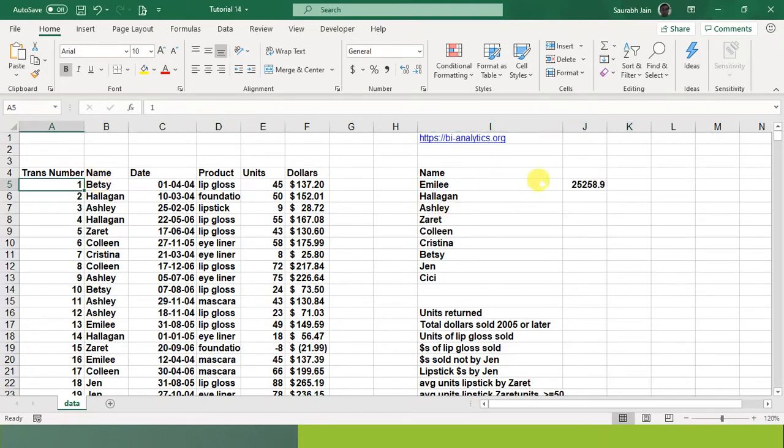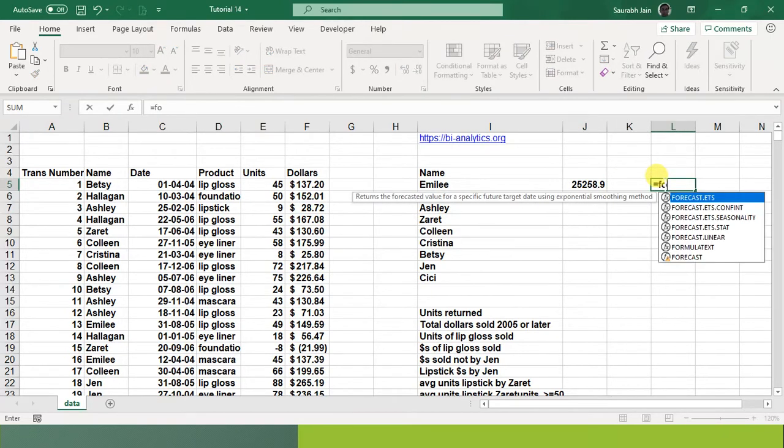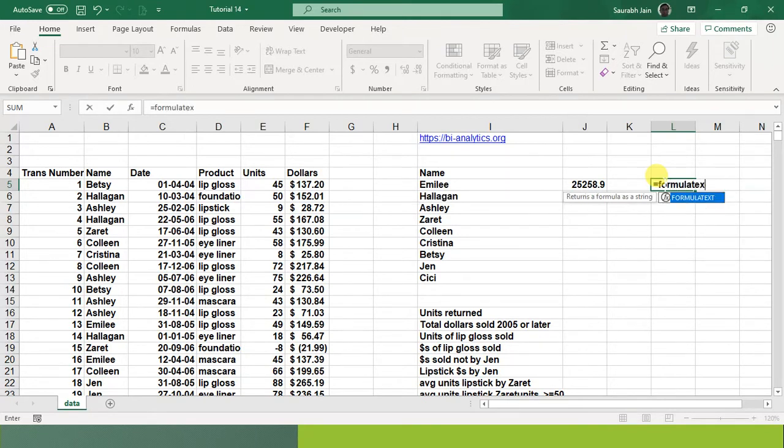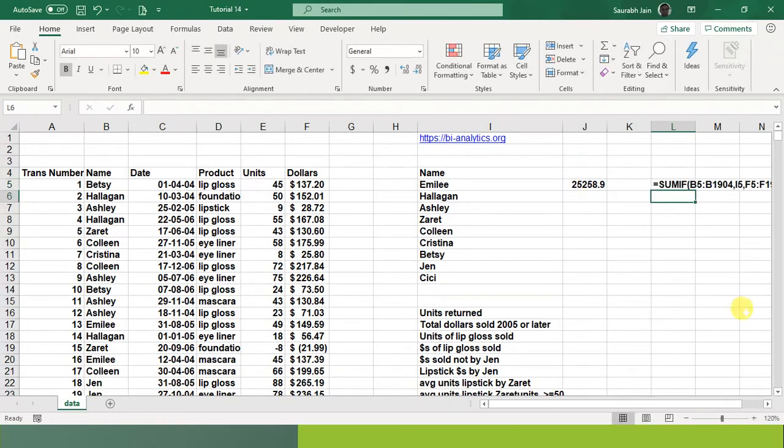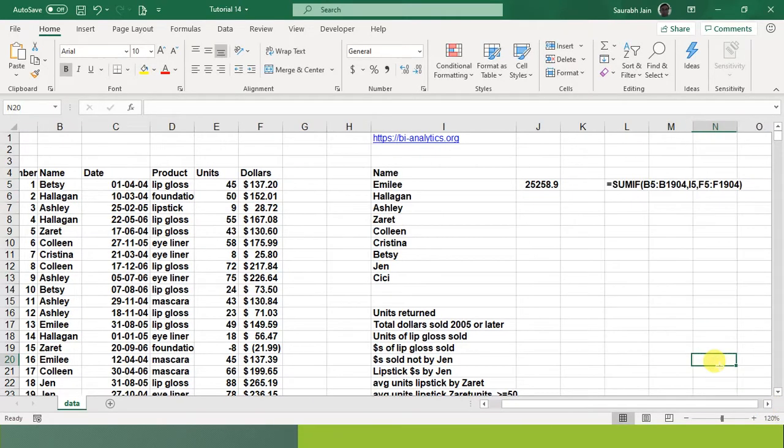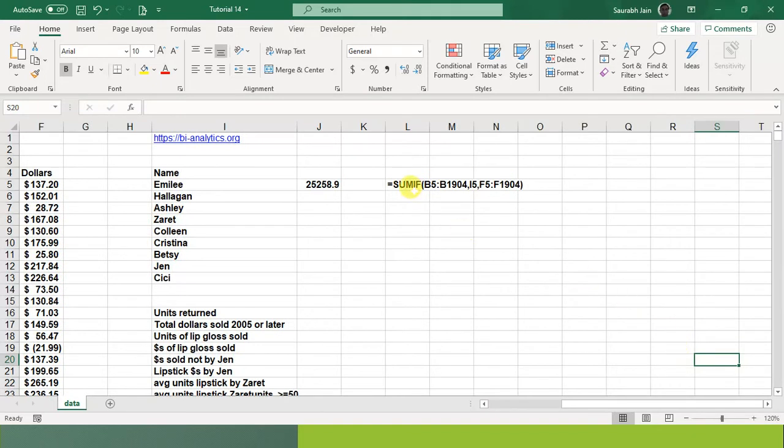In this formula, if you see, equals formula text, you have B5, B1904. Instead of this, I can name it with some name, and then this range will have a name, and we will use it in the formula.